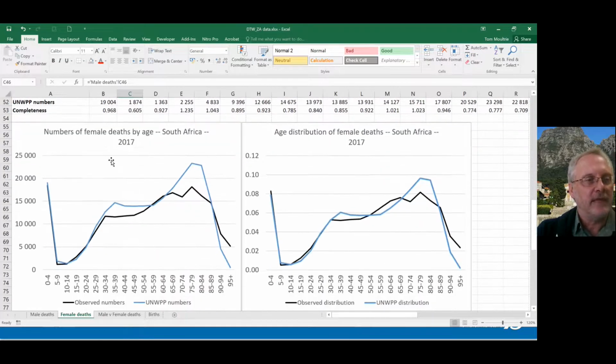As before, we could then produce a plot of the number of female deaths by age in South Africa for 2017, shown here on the left, and the age distribution of female deaths in South Africa in 2017. It's noteworthy that the age distribution of female deaths observed in the vital registration data and from the interpolated UNWPP data is much closer than it was in the case of males. And that might point to differential assumptions of male mortality, particularly in the UNWPP